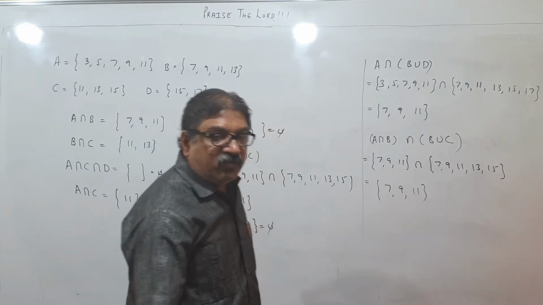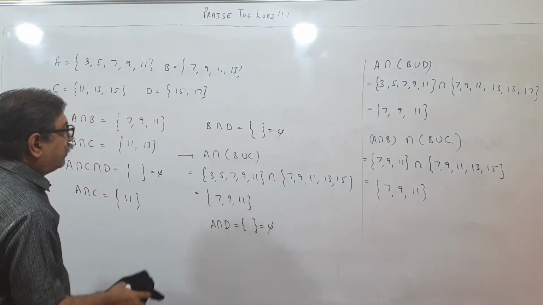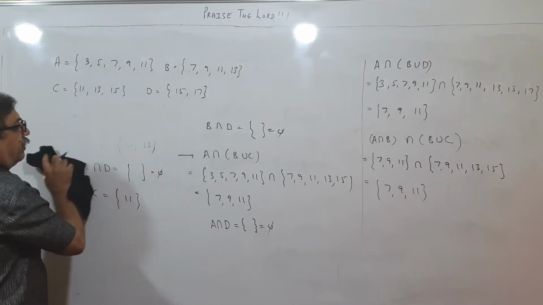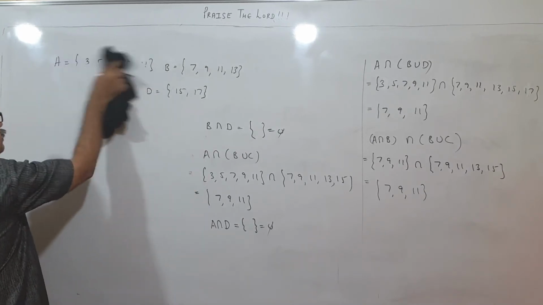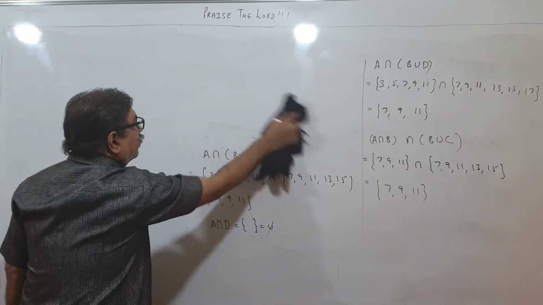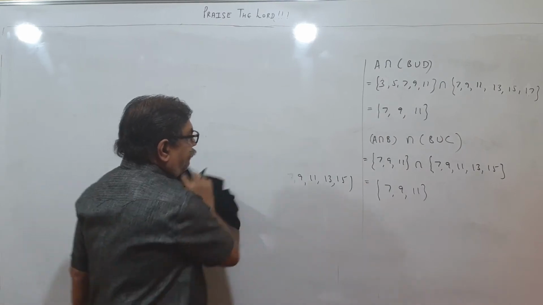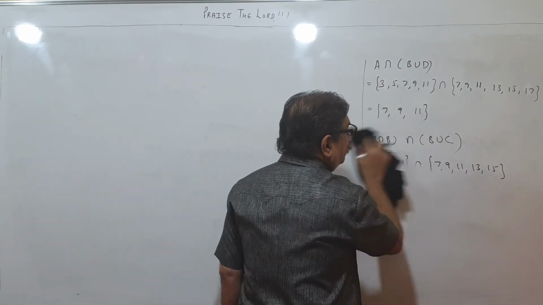So like this, if there is a mixed combination, union intersection, like this you have to do. Please pause and copy if you are interested. These are very easy sums. My advice is you practice on your own instead of copying away. You can check the answers in those given in the textbook.